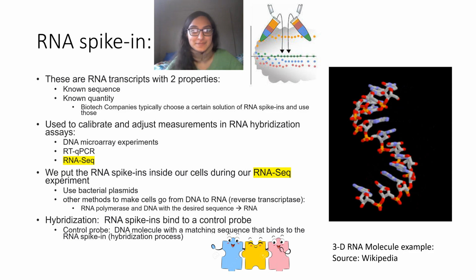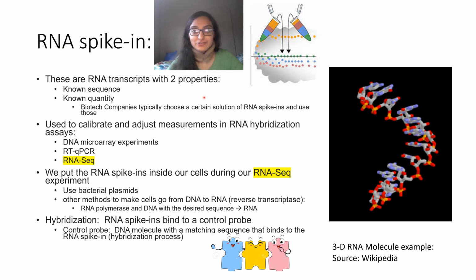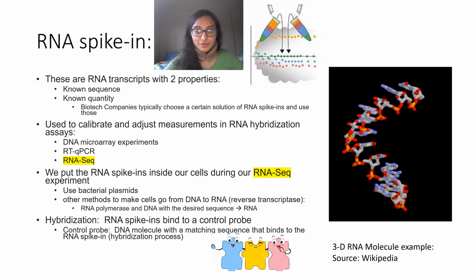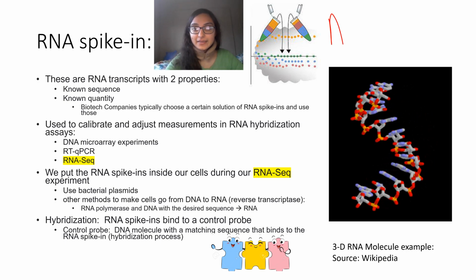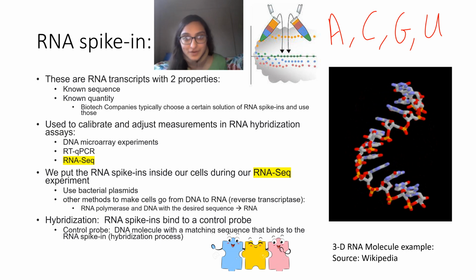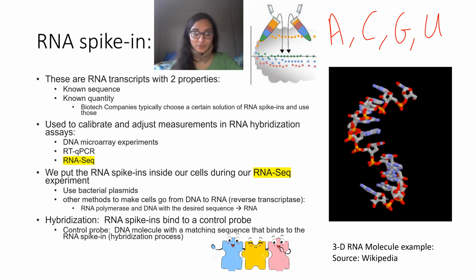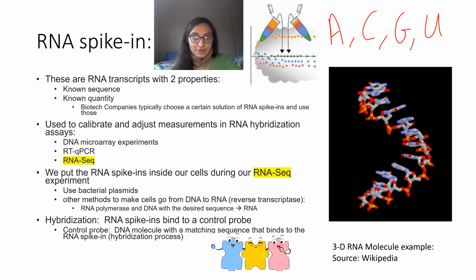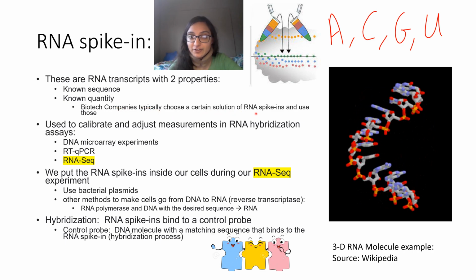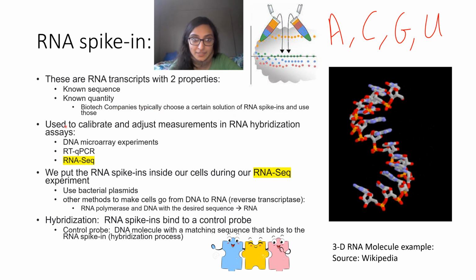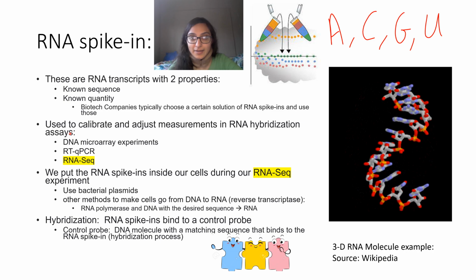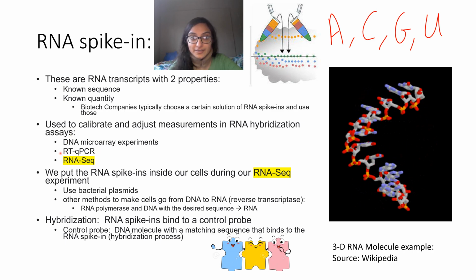So RNA spike-ins, what are those? These are typically RNA transcripts that have two properties. One is that they have a known sequence. So we know that in RNA it is A, C, G, or U for uracil. So we come up with a sequence that we want, and then we have a known quantity that we're going to put inside the cell. And usually biotech companies and other research institutions choose a certain solution of RNA spike-ins and use that solution. So it can be used to calibrate and adjust measurements in RNA hybridization assays, DNA microarray experiments, RT-qPCR,